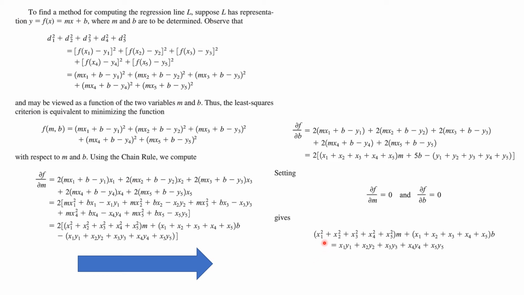The first one is going to be the sum of the squares of the x values times m plus the sum of the x values times b is equal to, and I put these products on the other side. That's what we get from one of these equations. The other one,